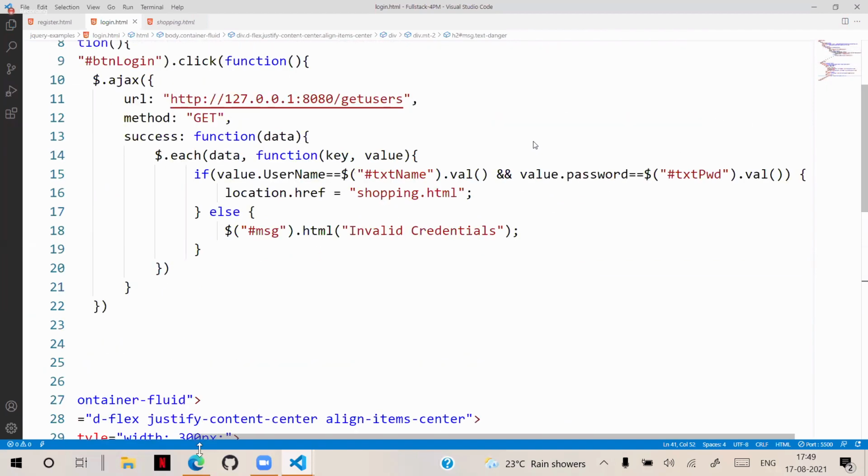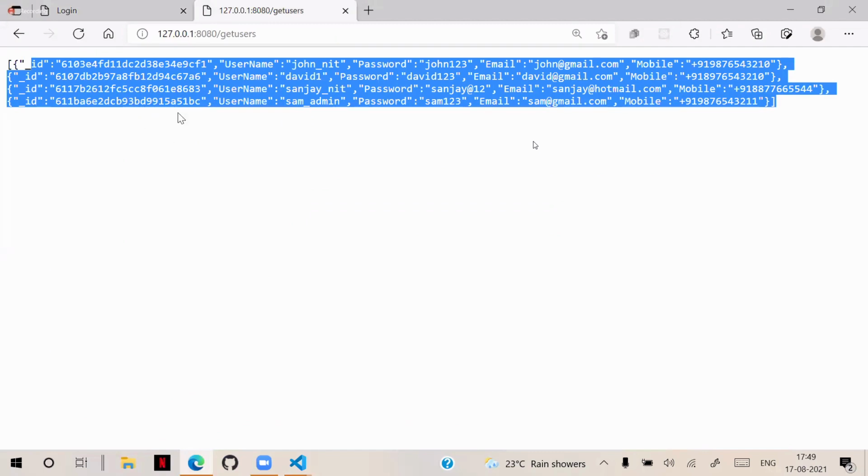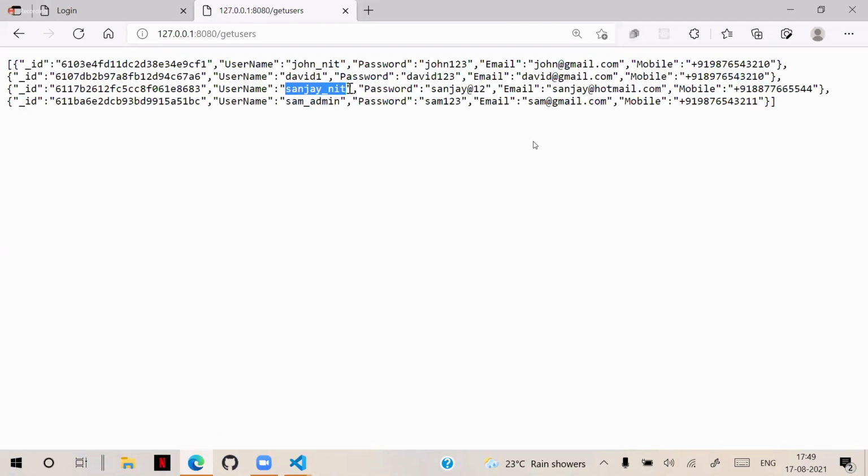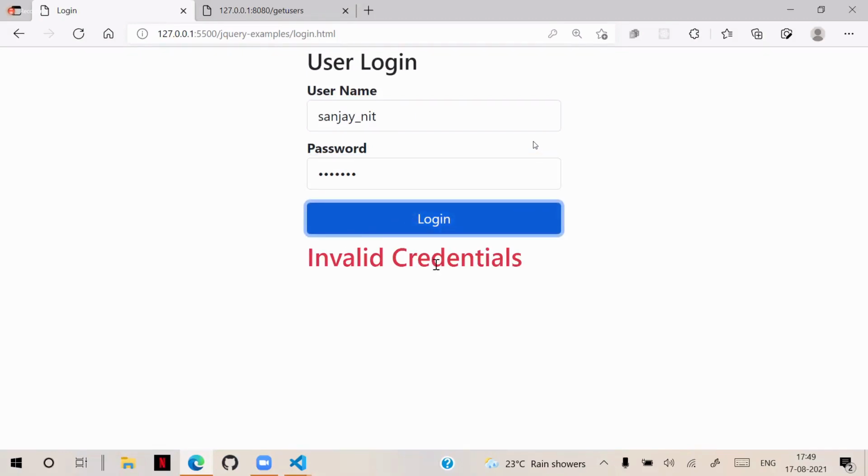Now see, now the user has to log in here. And I am entering the username and password. Suppose any user, suppose we go with Sanjay_NIT. Type that username, Sanjay_NIT. Some password I typed, wrong credentials entered.